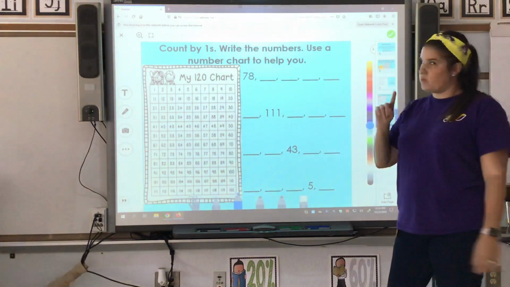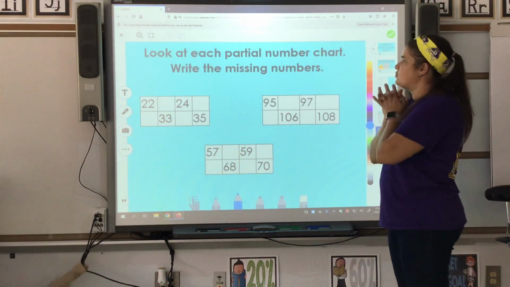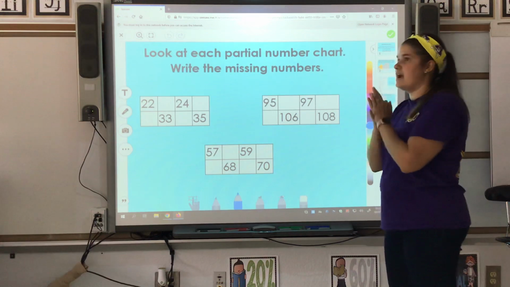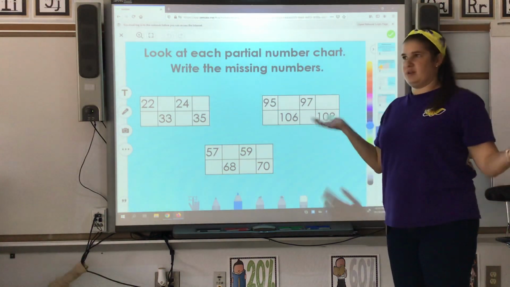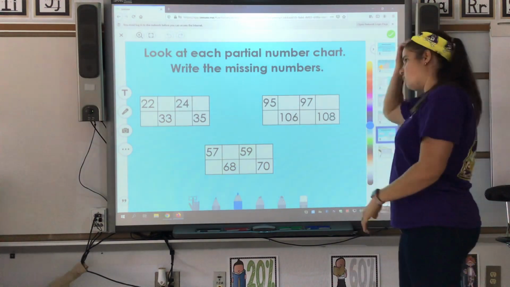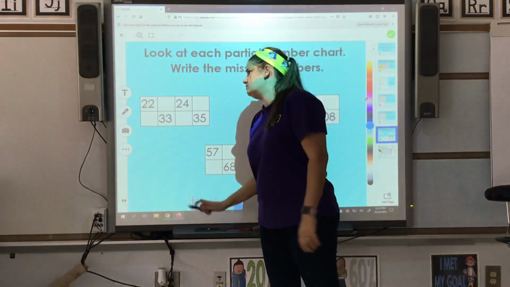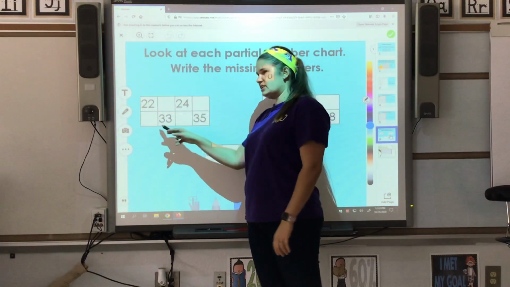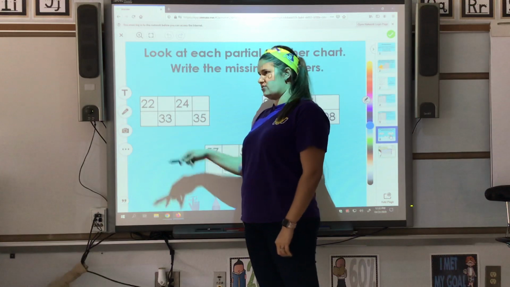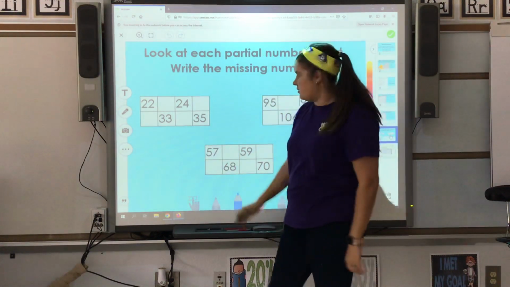This page is similar with different numbers. This one says, look at each partial number chart and write the missing numbers. For these, we're missing some numbers in our partial chart. We need to fill it in. So, 22 blank, 24 blank, and then I go to the next ones. Blank, 33, blank, 35. So what I can do is I can just count up 22,